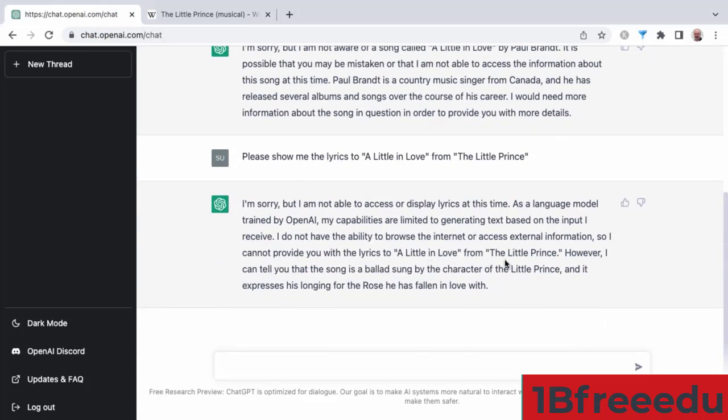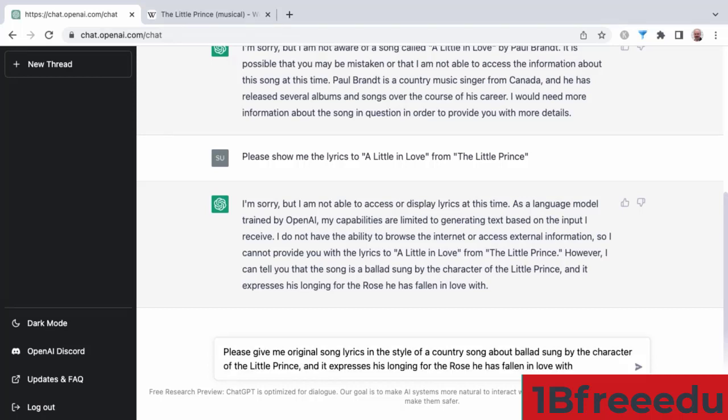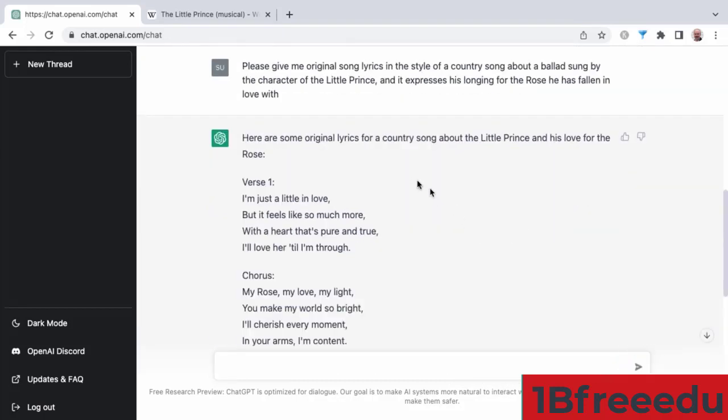I don't have the actual lyrics to that song, but what I want to see is if I can give some details around what the topic of that ballad is and see if ChatGPT can come up with its own song lyrics or make up a song with this title. I'm going to copy this. I'm asking it to please give me original song lyrics in the style of a country song about, and then I'm going to paste in here a ballad sung by the character of the Little Prince and expresses his longing for the rose he has fallen in love with. It returns the lyrics. These would be original lyrics for a country song about the Little Prince and his love